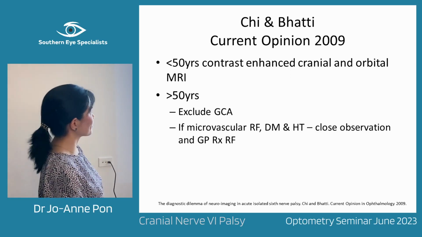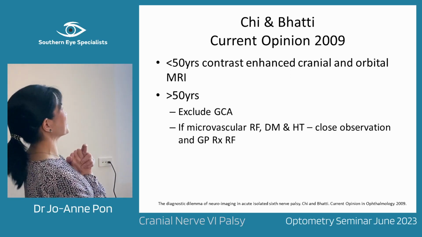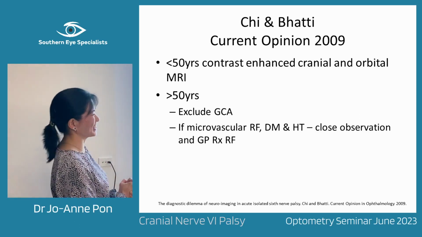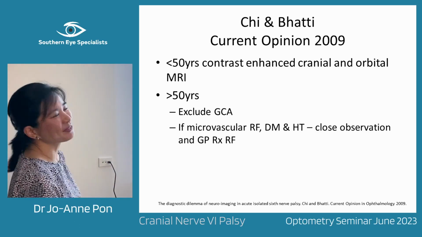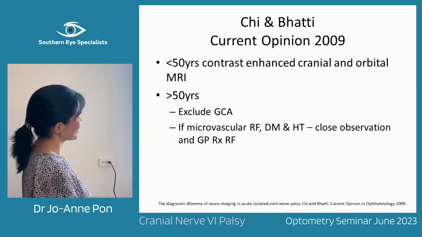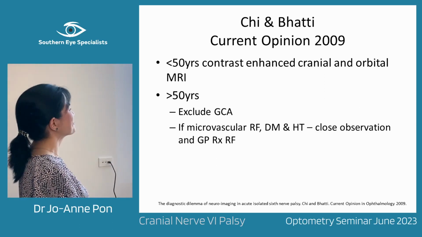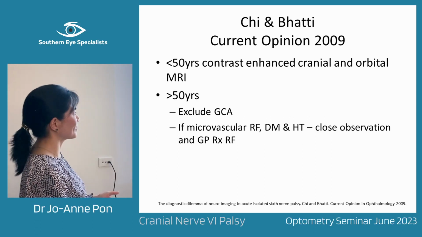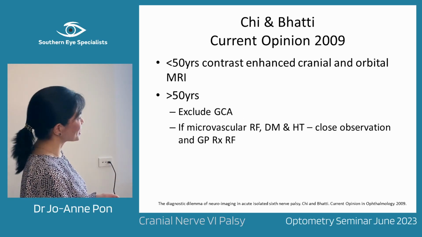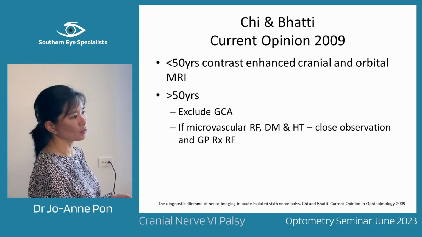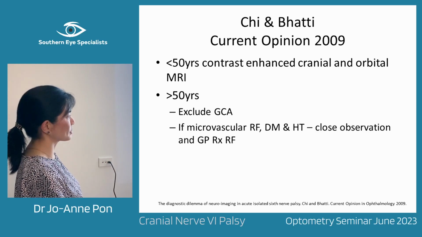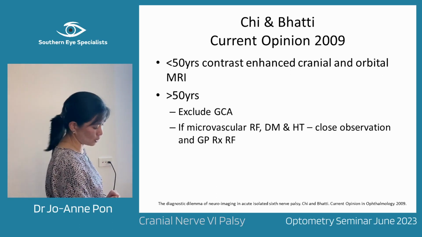But generally, as a rule of thumb, and I love this now that I'm in this age group, if you're older than 50, you're old enough to have an MRI. But of course, if you're not 50, you should have an MRI. But if you're older than that, then you do want to rule out the other things, GCA, and it is reasonable to consider that your sixth nerve is related to a microvascular etiology if you've got cardiovascular risk factors, and refer to the GP for